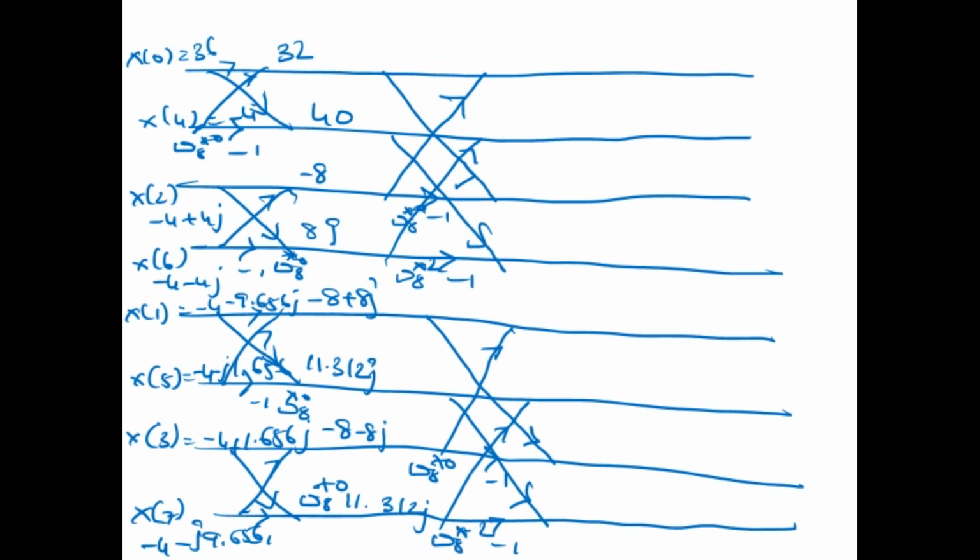We get the output for second stage as 24, 32, 40, 48, minus 16, 4.312j, minus 11.312, 16j, 11.312j, plus 11.312. The final stage will be